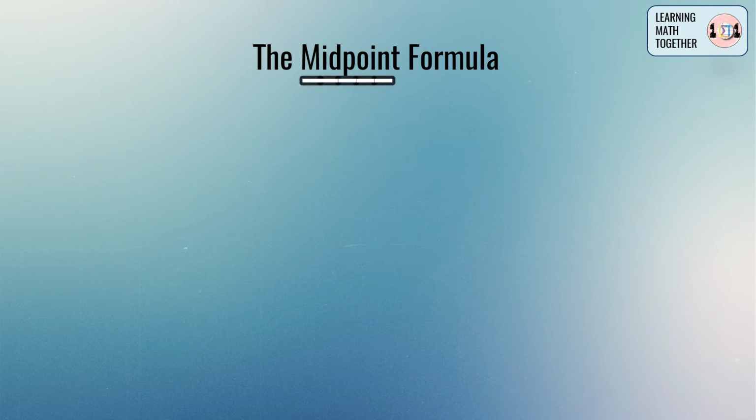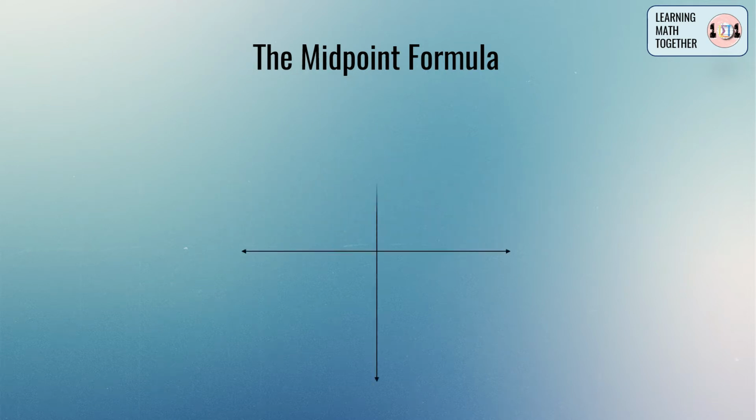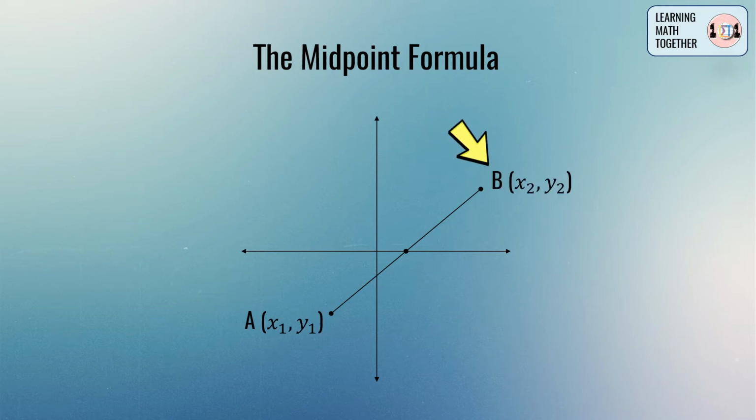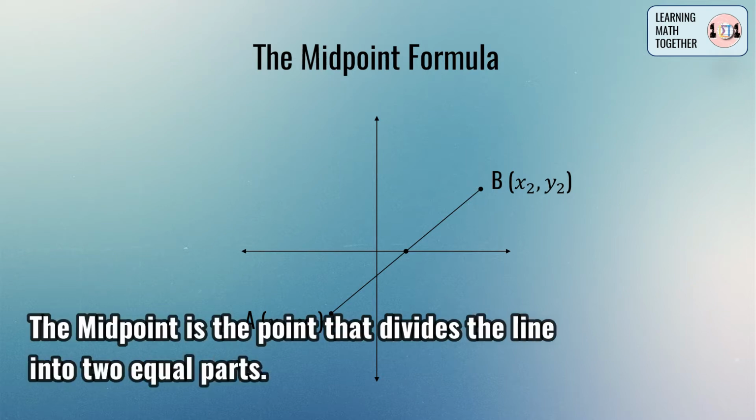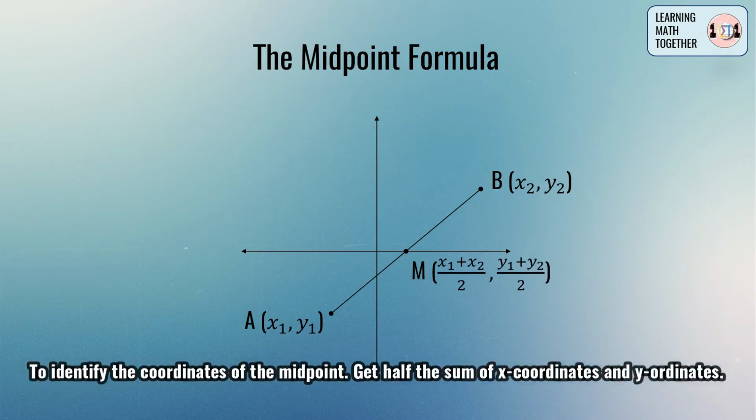The word midpoint is the shortened term of the words middle point, meaning if we take a line, let's say for example we have line AB with the endpoints A and B and with the corresponding coordinates. The middle point of this line is the point that divides the line into two equal parts. So if we take the middle point as point M, we can identify the coordinates of the middle point